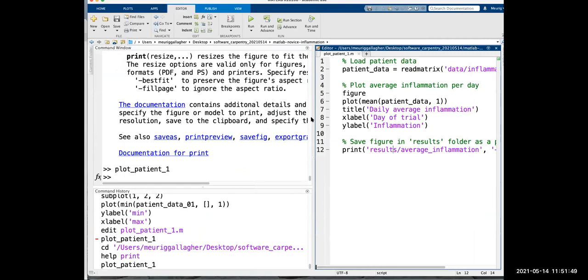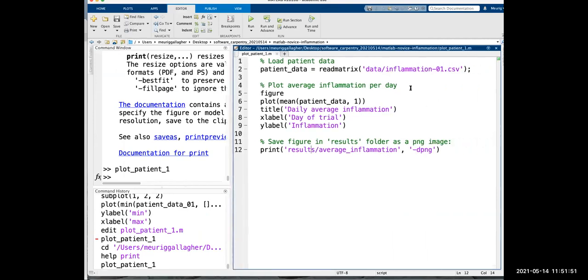So key things to remember then. Comments are incredibly useful. Always add more comments than you think that you need. I've never come across code and thought, oh, this is way too commented, I can't read it. That's very, very rare. More often than not, someone will send you code and it takes you hours and hours to understand what they've done because they've not included comments, so you can't see what's going on. So always try and comment as much as possible.